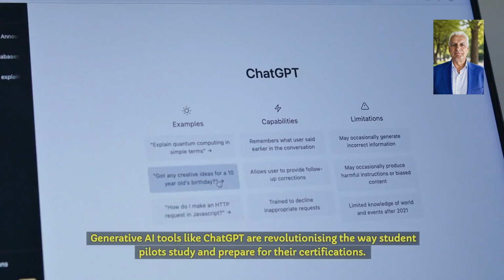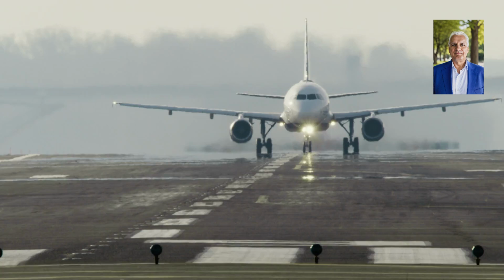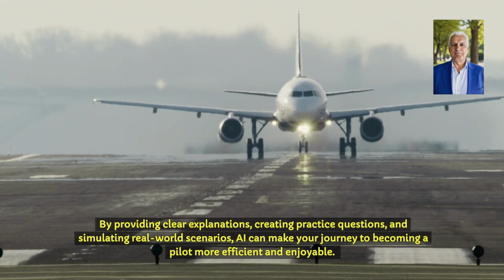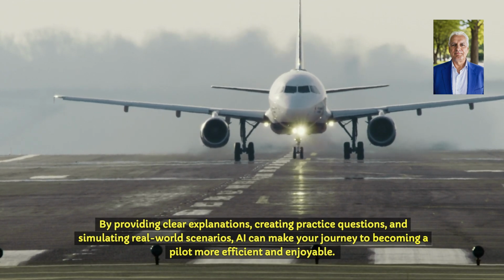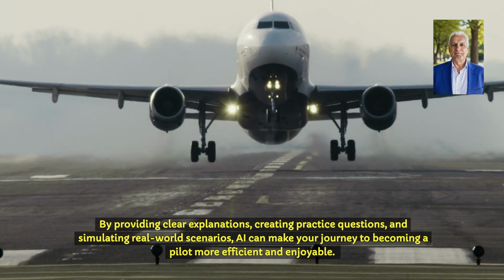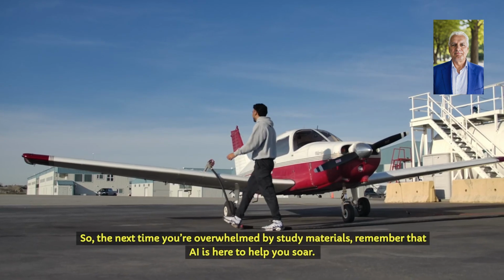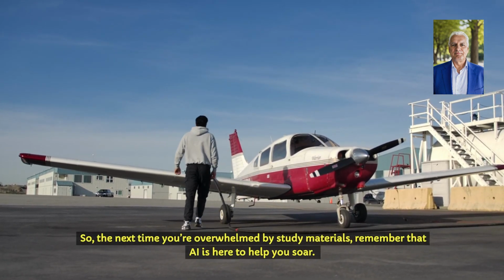Conclusion: generative AI tools like ChatGPT are revolutionizing the way student pilots study and prepare for their certifications. By providing clear explanations, creating practice questions, and simulating real-world scenarios, AI can make your journey to becoming a pilot more efficient and enjoyable. So the next time you're overwhelmed by study materials, remember that AI is here to help